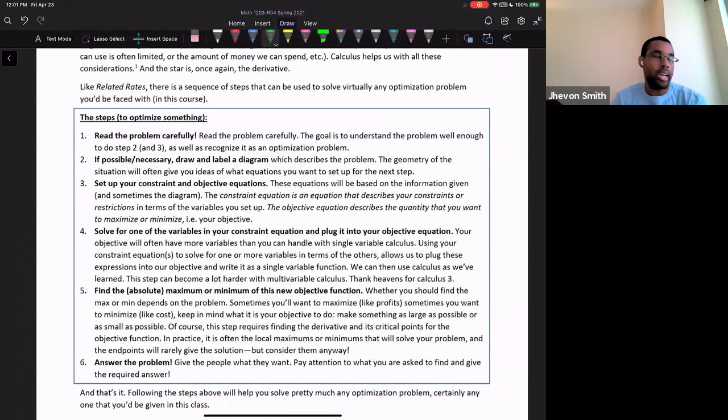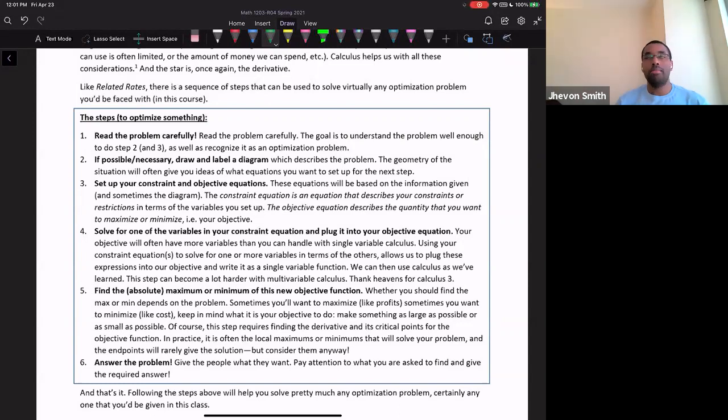But with optimization, that's not how it's going to be phrased. Optimization is going to be phrased like they're going to describe a situation and then they're going to tell you to make something as good as possible, come out with the best scenario, or maximize something, or minimize something. That's going to be how it's phrased. It's not going to be phrased like a related rates problem, so you shouldn't actually mix them up. So once you read it and you realize that it is an optimization problem,